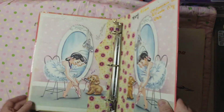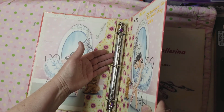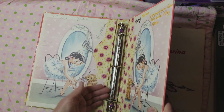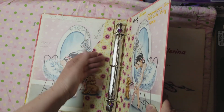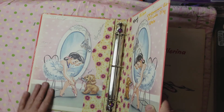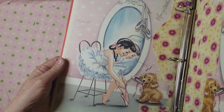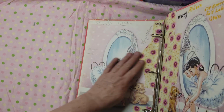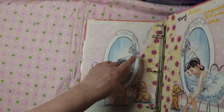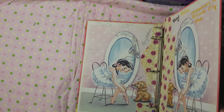I really enjoyed it. Then what I did was I took an old binder, and I ripped out the hardware, and then I put it in here. This is about 3/4 of an inch in here, and I wanted to keep this little girl. I could have put fabric along here like I will show you on the other one, but I didn't want to because I have signatures on here from when I was little, and even this little